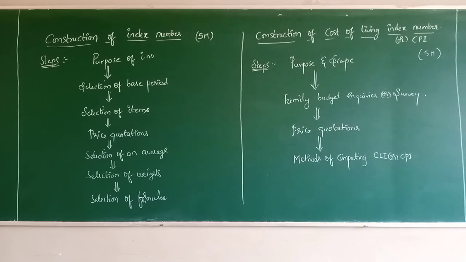And the fourth one is, index numbers facilitate comparison, obviously. Ultimately we are doing it for comparison only: from base to current, how much the comparison is in price level, quantity level or value level, that we are checking. And next, uses of index numbers. As you all know, index numbers simplify the data and thus facilitate comparative study. Only for comparative study we are constructing index numbers and simplifying the data.